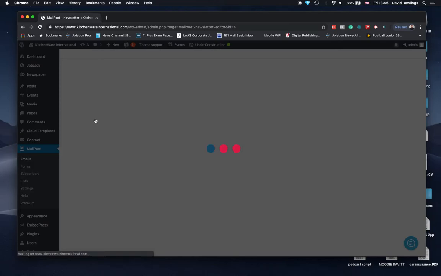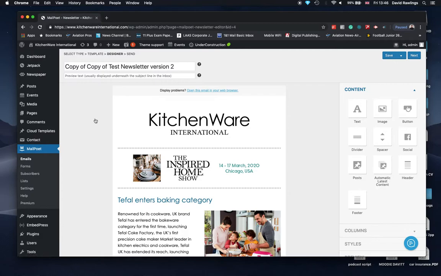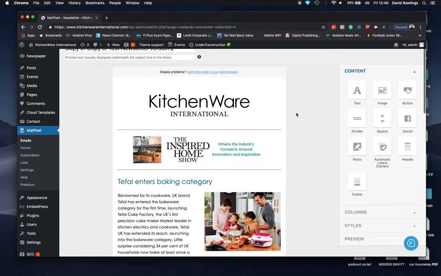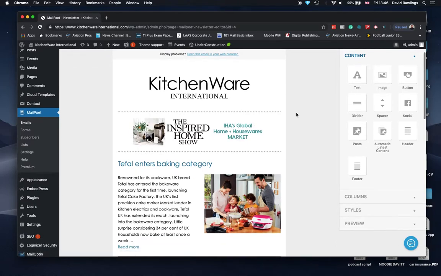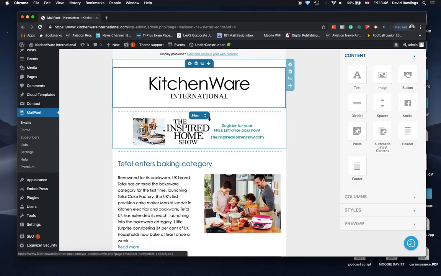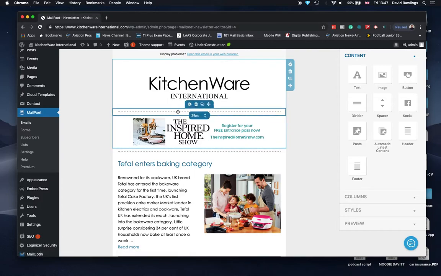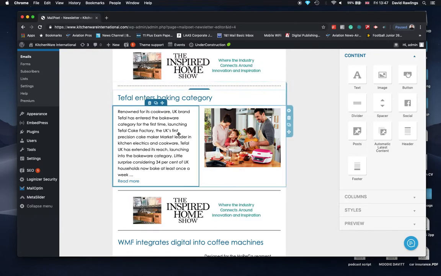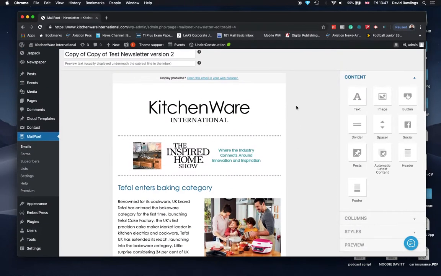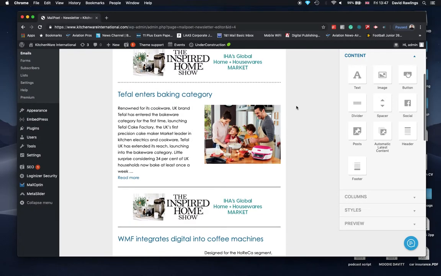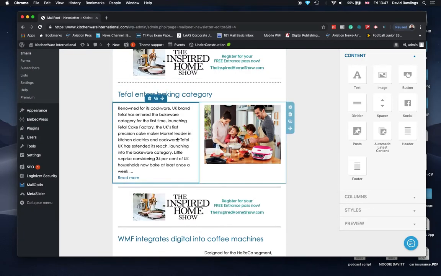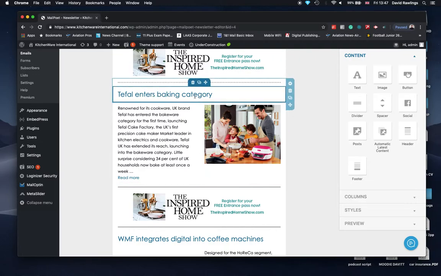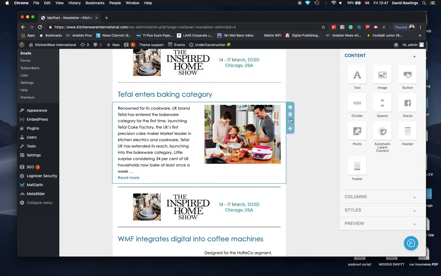Now by doing this, you'll also obviously get a version of the last email that you sent out. So any furniture that was already there that you want to keep will just remain there. So as you can see, there's the logo, there's an ad, there's a dotted line, and these are the actual posts that we put in last time. So we want to add a new post into this section. So what I'm going to do is I'm going to